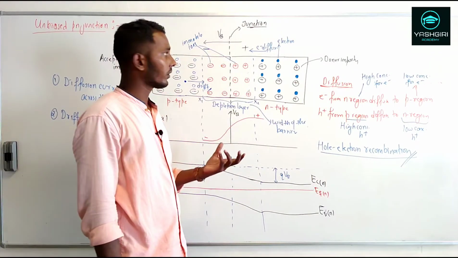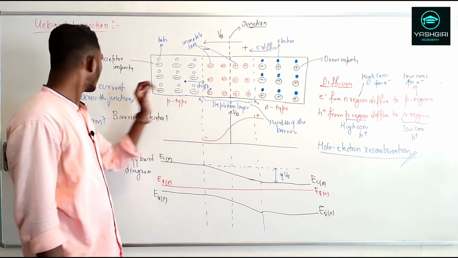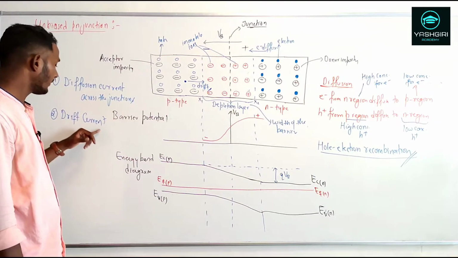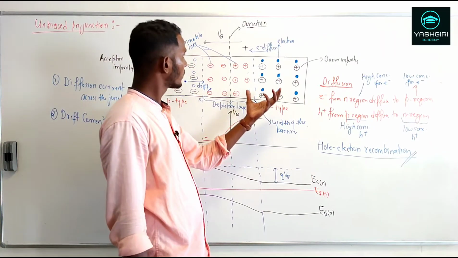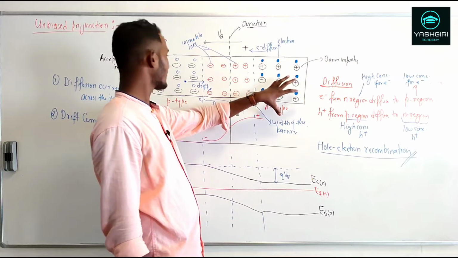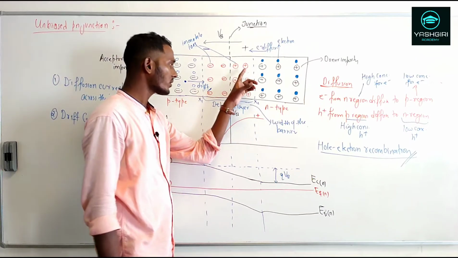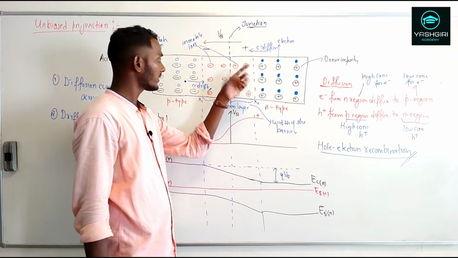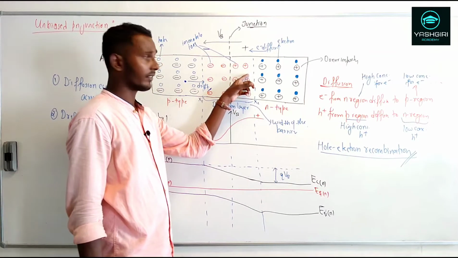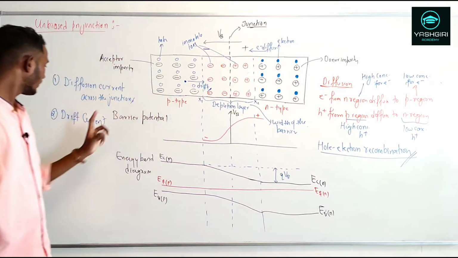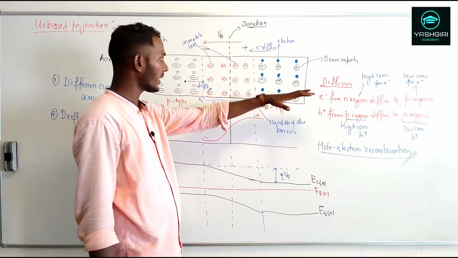Now we know the diffusion current as well as the drift current. Initially this diffusion current will be very large compared with the drift current, since at the initial start the concentration gradient is very high, so the electrons start diffusing from the n side to the p side. Yes, so you will see a diffusion current. Once it starts, there is also formation of positive and negative immobile charges in this depletion layer, and we get an electric field, and once an electric field is created, the drift current starts, right? The movement of electrons from the p side to the n side gives a drift current.